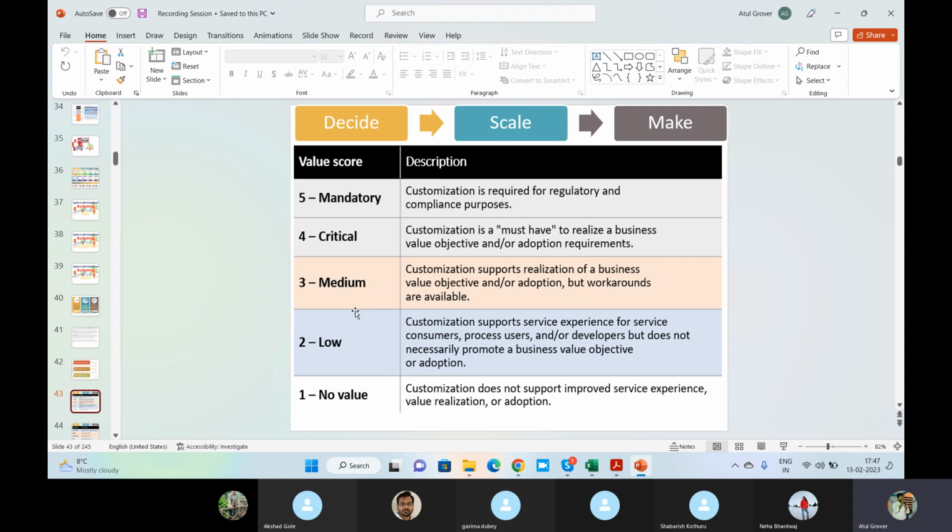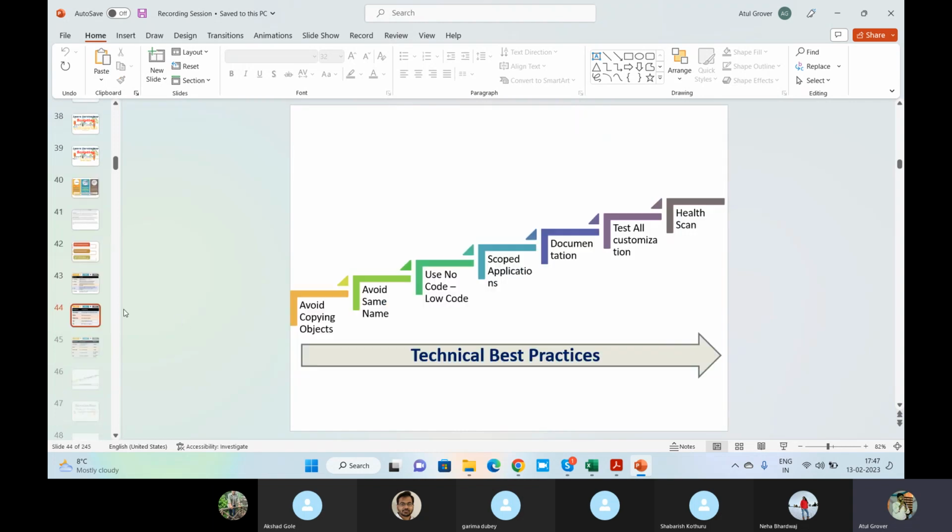I can achieve my business value, but there are some workarounds available for the same. And 2 and 1 just for the regular part. Nothing much. Mainly I go for the customization if it is P5, sorry, 5 or 4. Only in these 2 cases I go for the customization. But again, I'm saying before I customize, I have to be